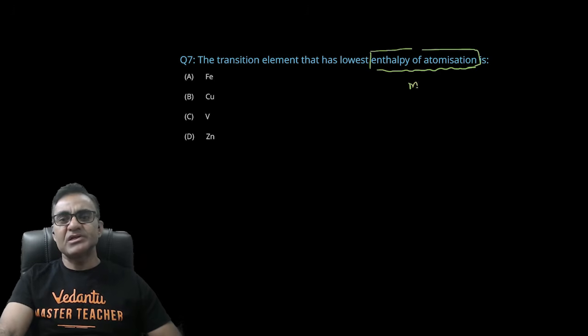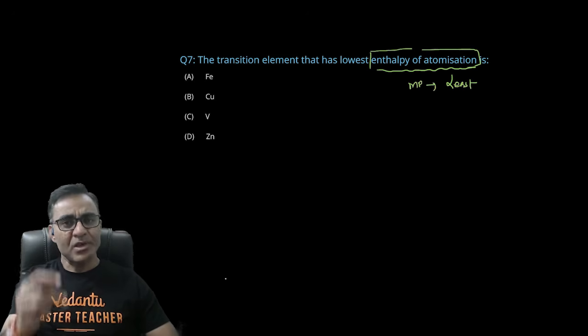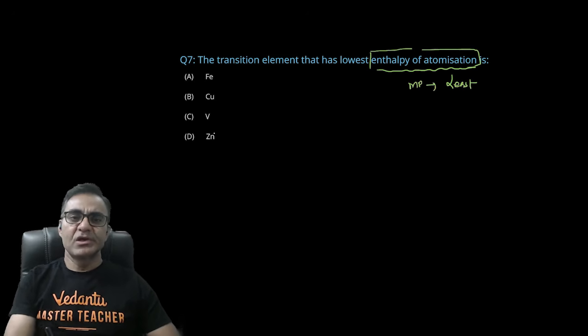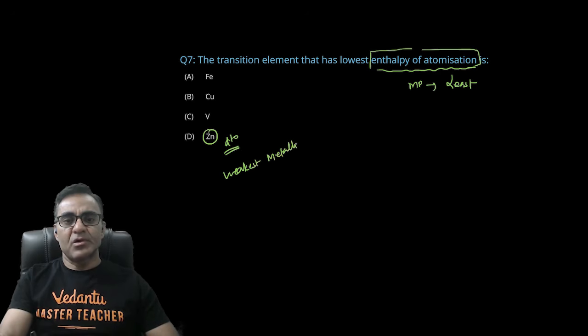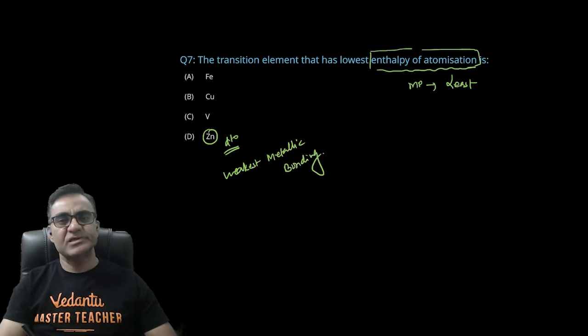यानी उसका मेल्टिंग पॉइंट लीस्ट होना चाहिए, और मेल्टिंग पॉइंट लीस्ट होने के लिए उसका जो मेटालिक बॉन्ड है वो वीकेस्ट होना चाहिए। तो क्योंकि जिंक में D10 इलेक्ट्रॉनिक कन्फिग्रेशन होता है, इसका मेटालिक बॉन्ड वीकेस्ट होता है, इट हैज वीकेस्ट मेटालिक बॉन्डिंग। तो इसको आसानी से आप इसके एटम्स को सेपरेट कर सकते हैं, इसके सॉलिड एटम्स को लिक्विड फॉलोड बाय गैसियस एटम्स में कन्वर्ट कर सकते हैं। तो लीस्ट एंथैल्पी ऑफ एटमाइजेशन हो जाएगा जिंक।